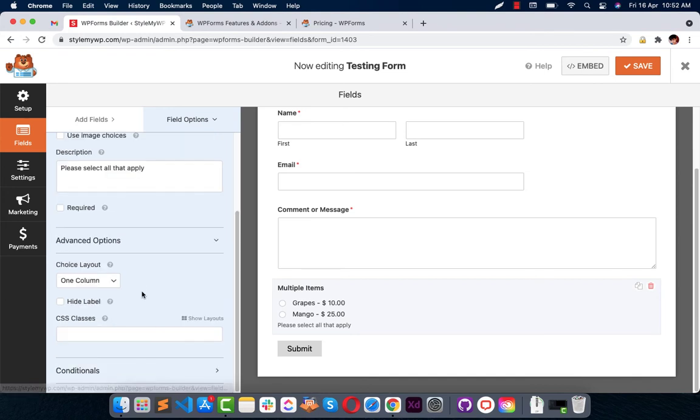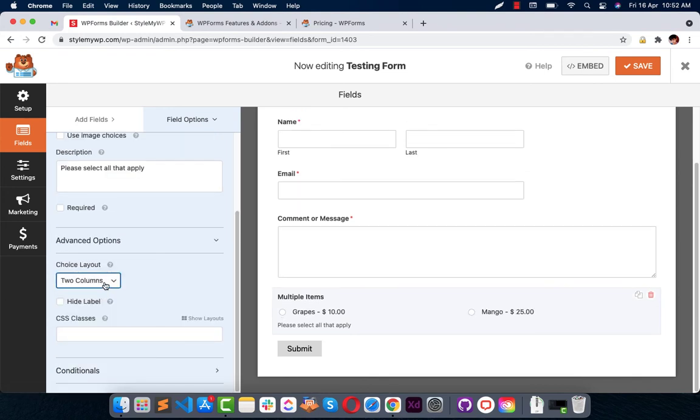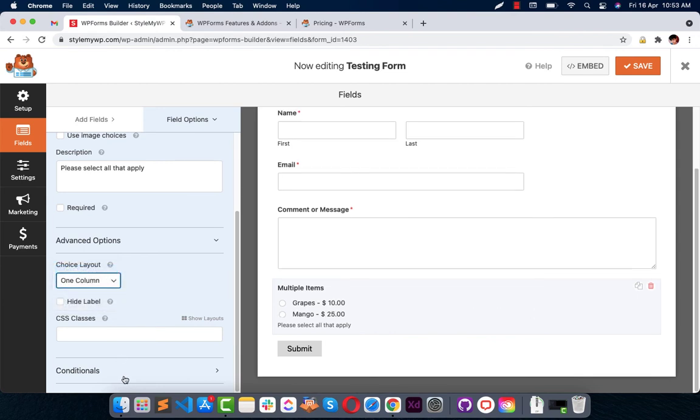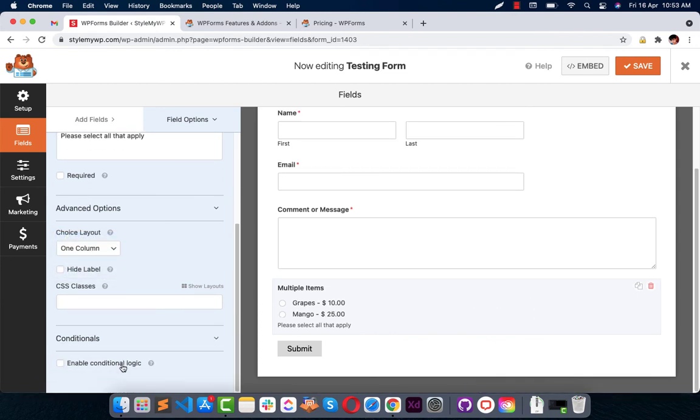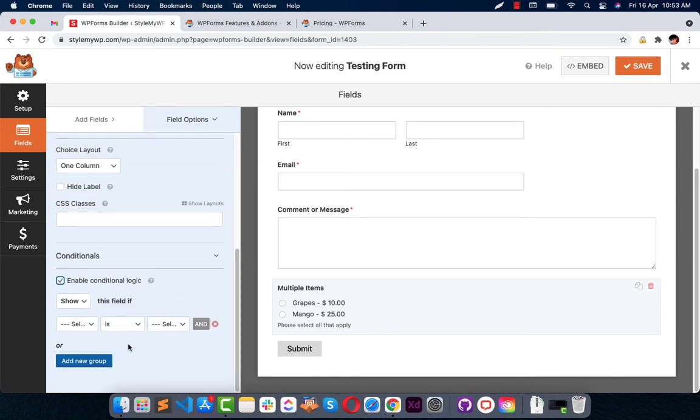In advanced options, you can choose the layout like this. With 3 items, you can choose 3 layouts as well. And here in the conditions, you can enable conditional logic, right, to show this field based on the value or inclusion or conditions of another field.